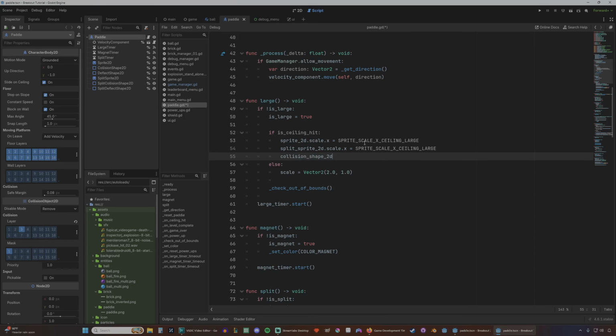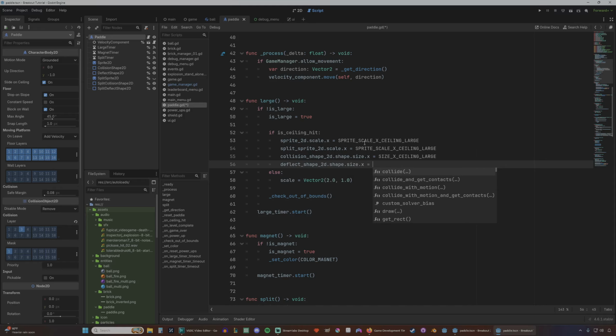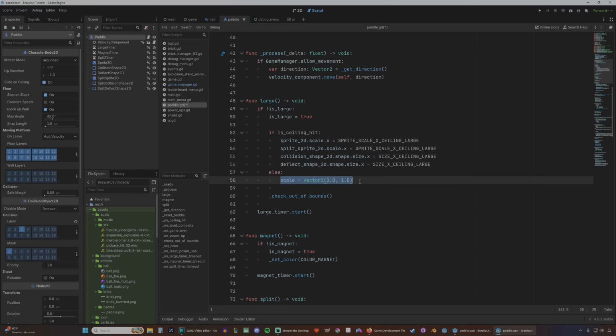And we're going to take our collision shape dot shape dot size dot x and set that to size x ceiling large, and our deflect shape 2D dot shape dot size dot x equal to size x ceiling large. And then else,